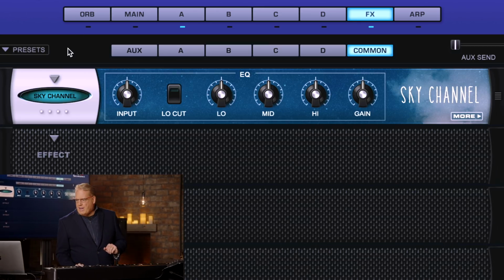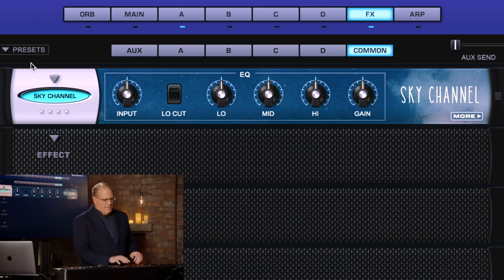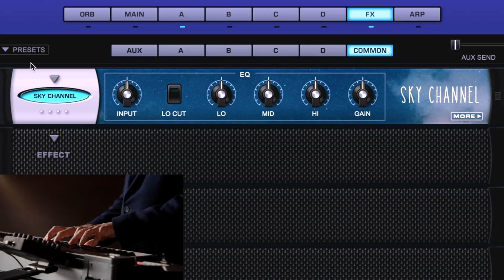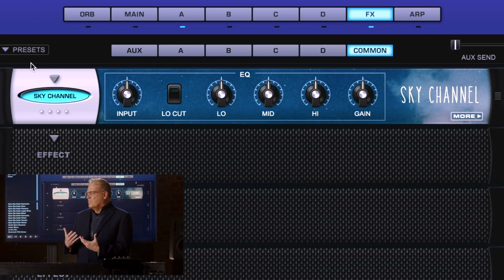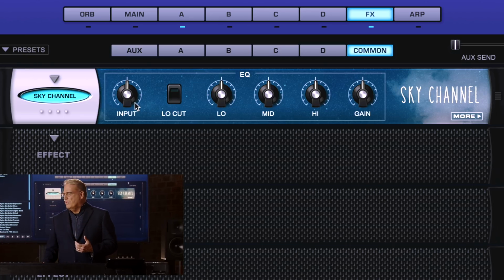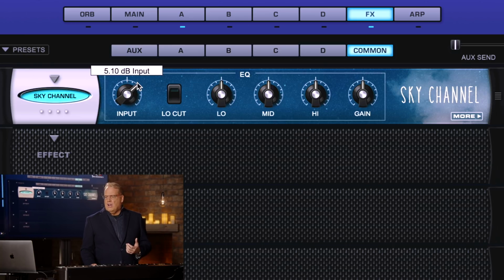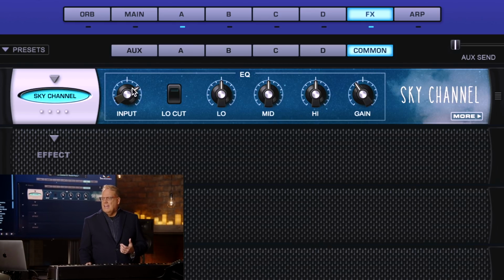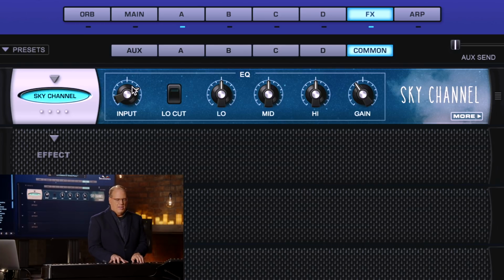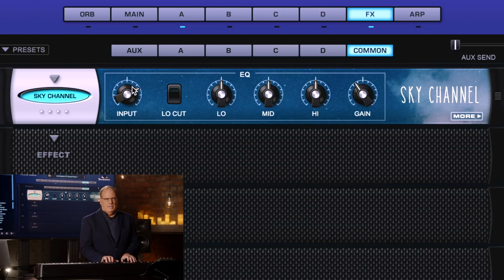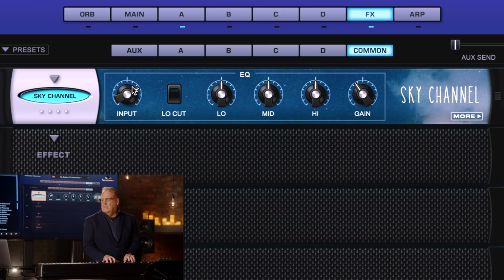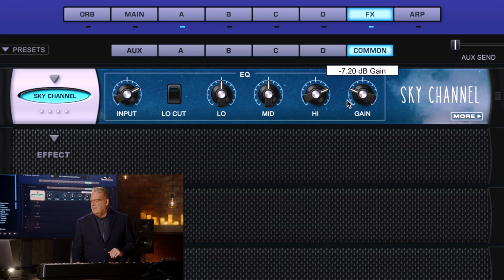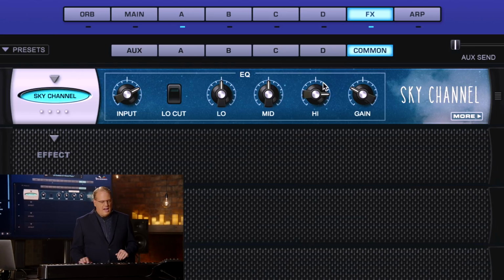Okay, and now let's bring up Sky Channel, and right away, already we're getting some nice character. You can hear it's kind of cutting through a little better. And let me just try cranking up the input, and I'll bring the output down to compensate. Now it's going to saturate that input a little bit. Cool. Now let's try adding some top end. I'm going to bring that gain back. And now we've got